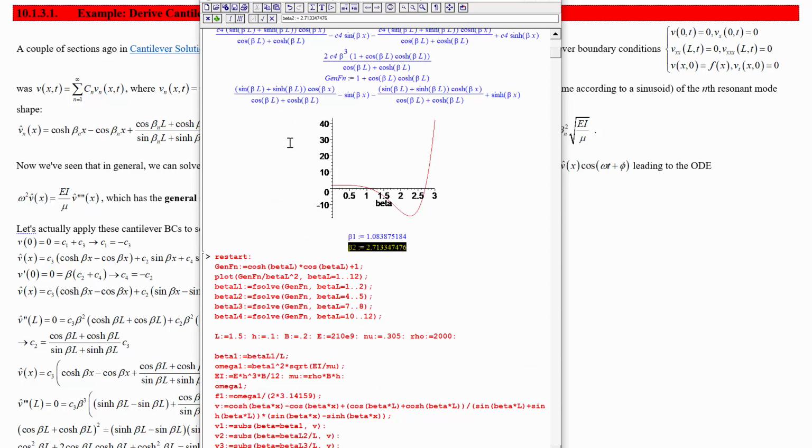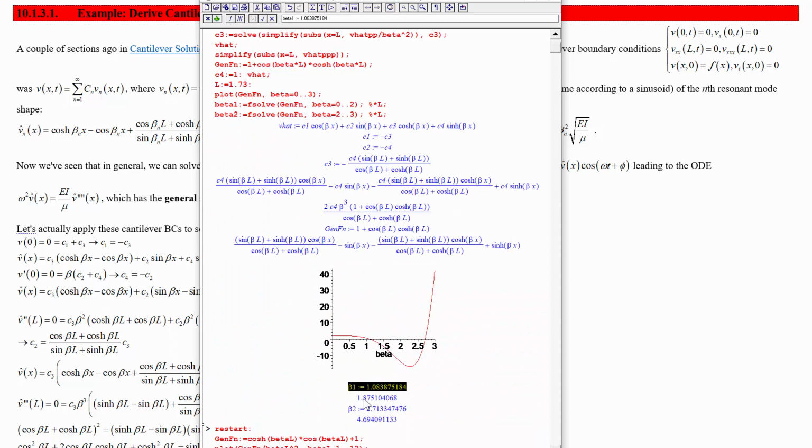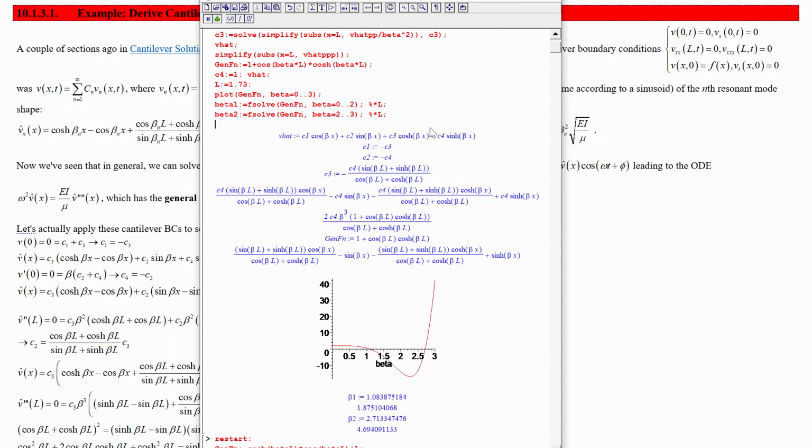And what do we find? We find those things which don't look familiar, but if you were to multiply them by the L that we have, they'll be exactly the same roots that we found earlier, 1.875 and 4.694. Yeah, so if you take those and substitute them into the V that we have, we can get V1